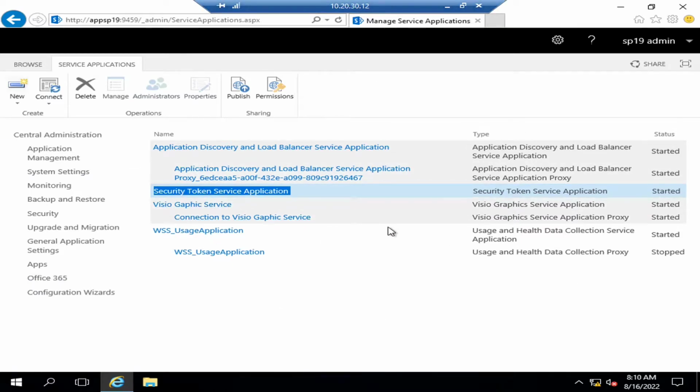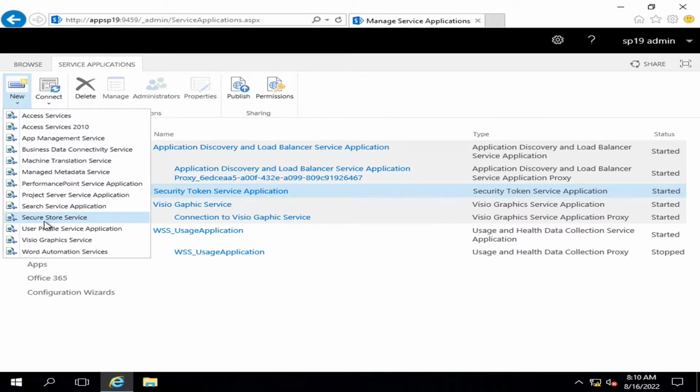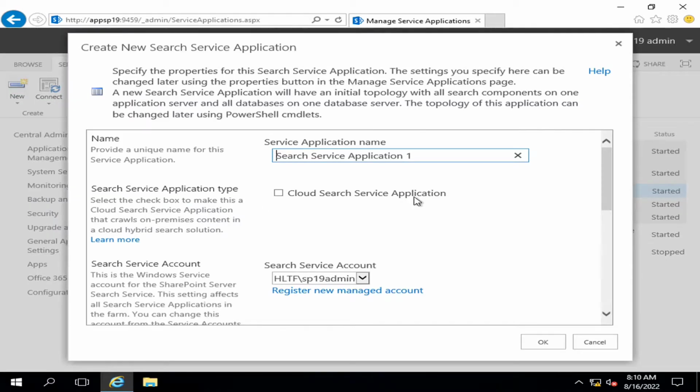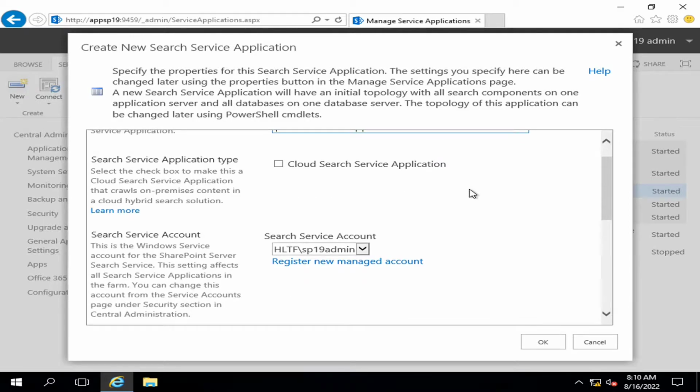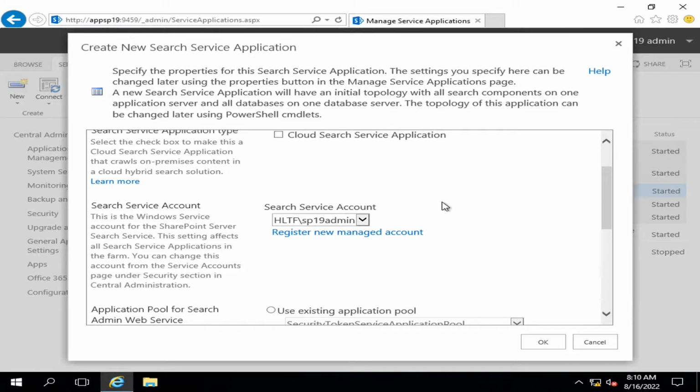10.20.30.12 is the IP, and if I want to add an additional role of search here, I'm going to add a search service here. I will click search service. I'm leaving this as default. Let me tell you one thing, that